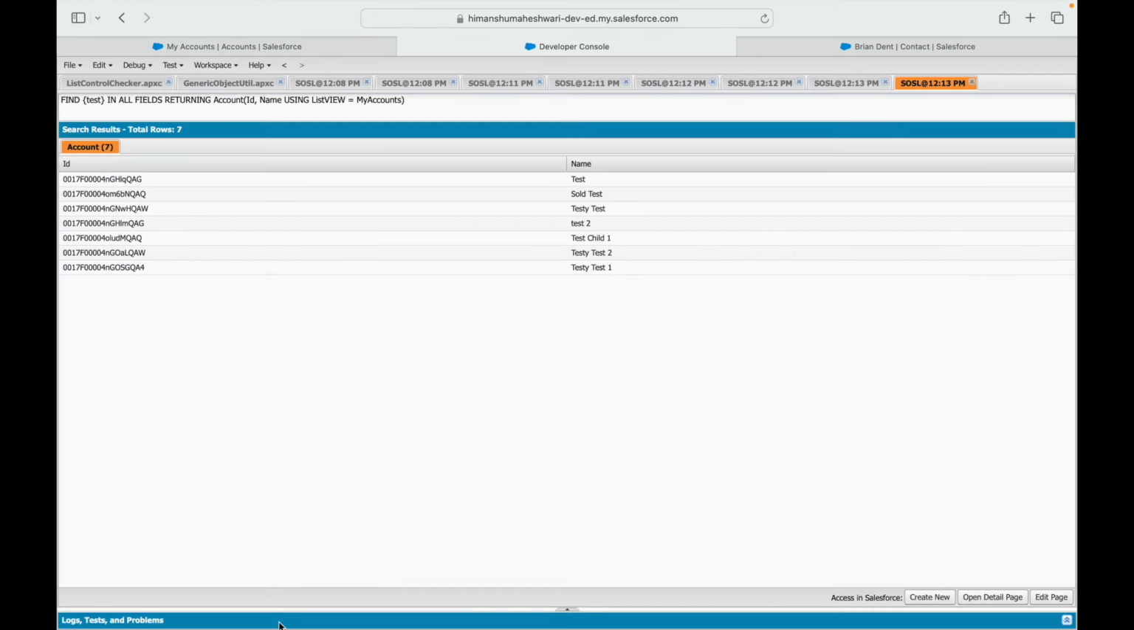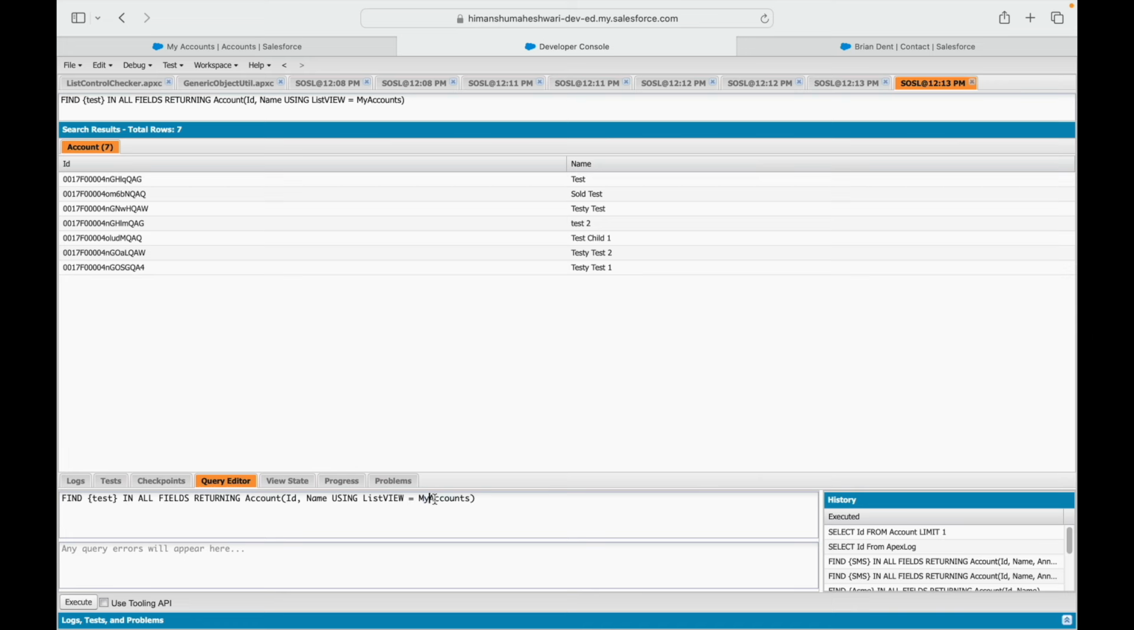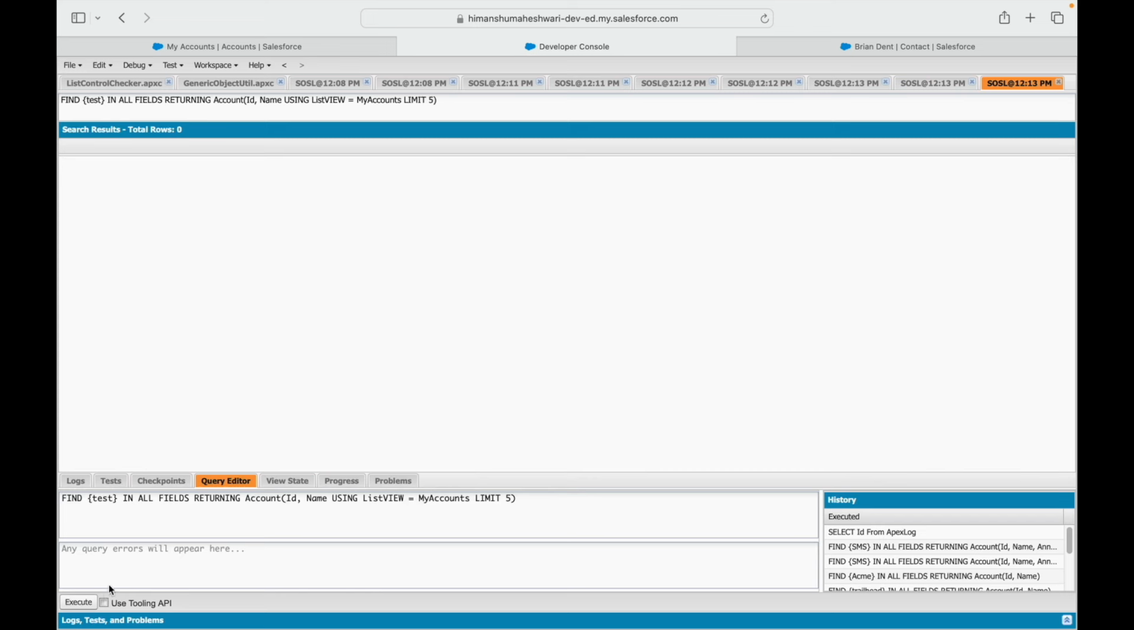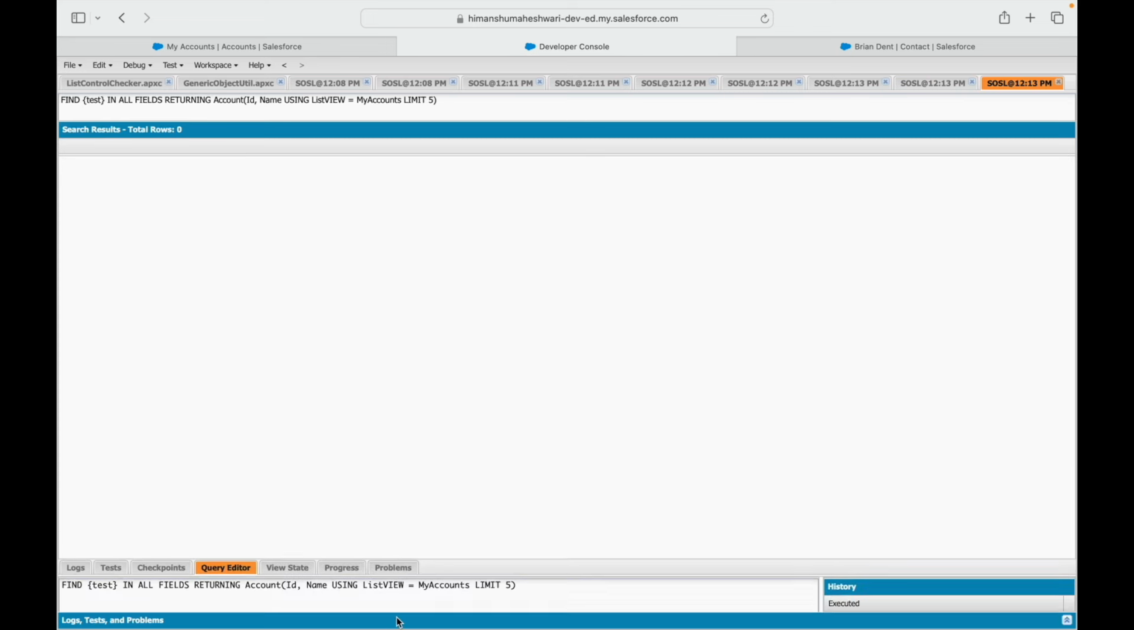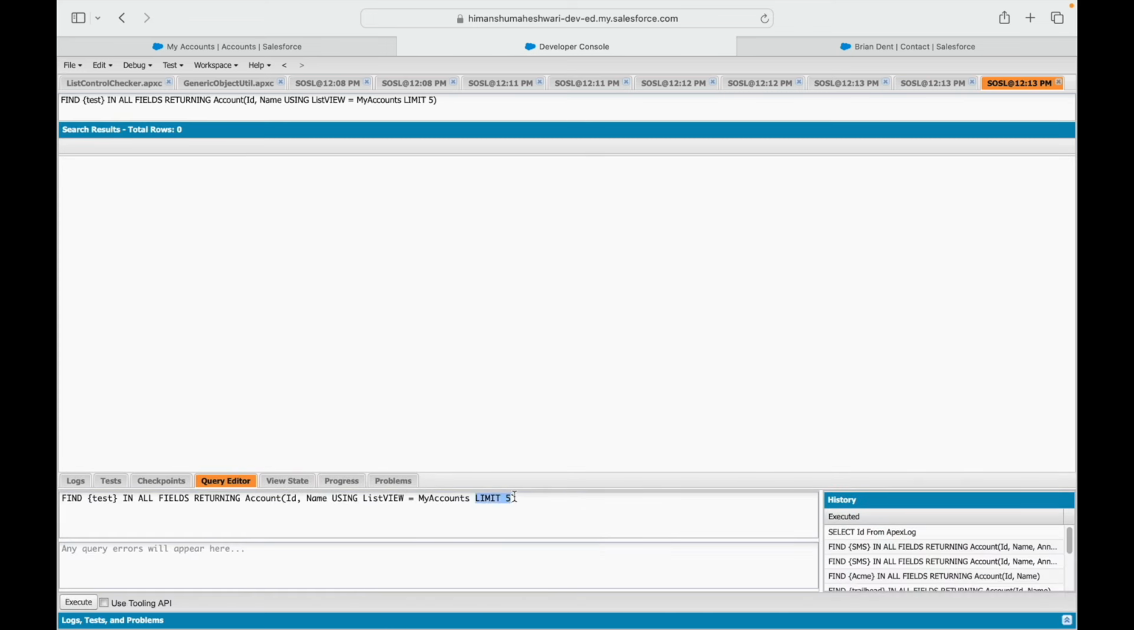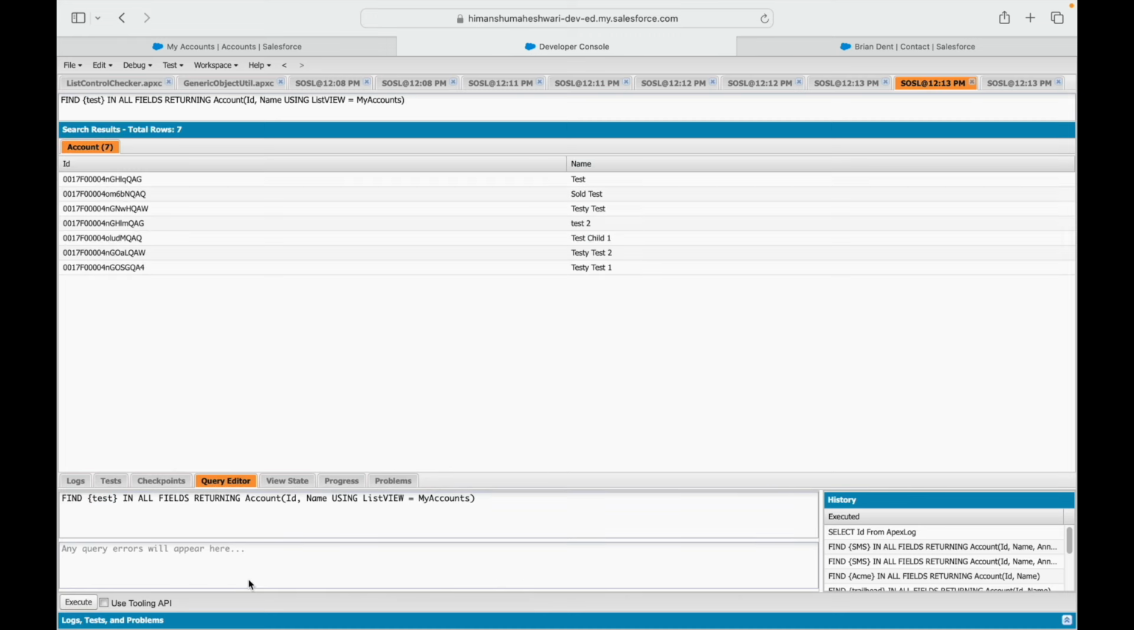Now if I go back here and try to execute it one more time, let's put a limit so that we are able to see the execution again. So you see now no records are being shown. Why? Because the list view does not contain the records which have the keyword test in it. Correct? Let me execute it one more time. Why is it showing here? Let's